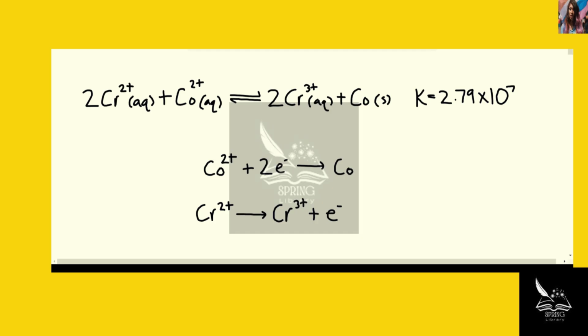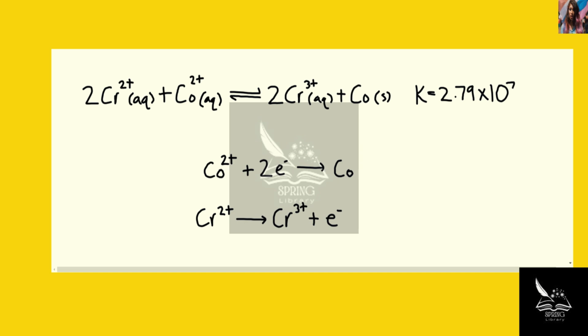We are given this overall reaction that takes place within a galvanic cell at a temperature of 25 degrees Celsius. We are told what the value is for the equilibrium constant K. We want to determine from this information what the value is of the cell potential at the concentrations given in the problem statement. And we also want to determine what the value is for the change in Gibbs free energy